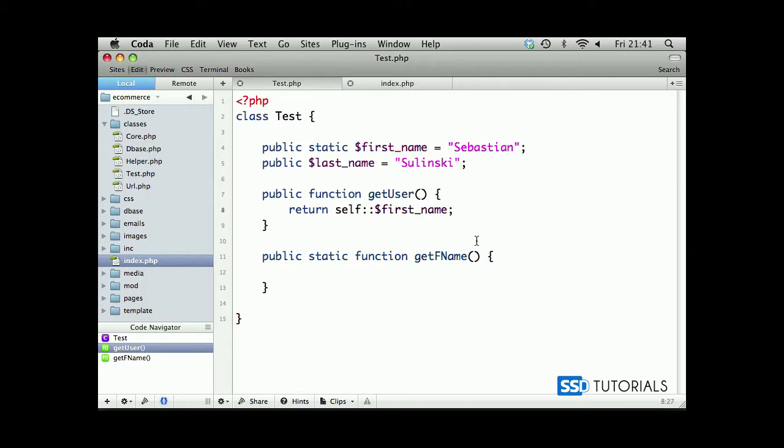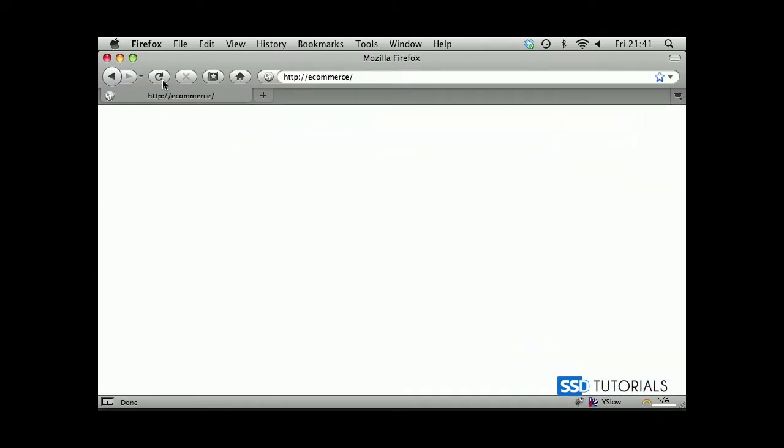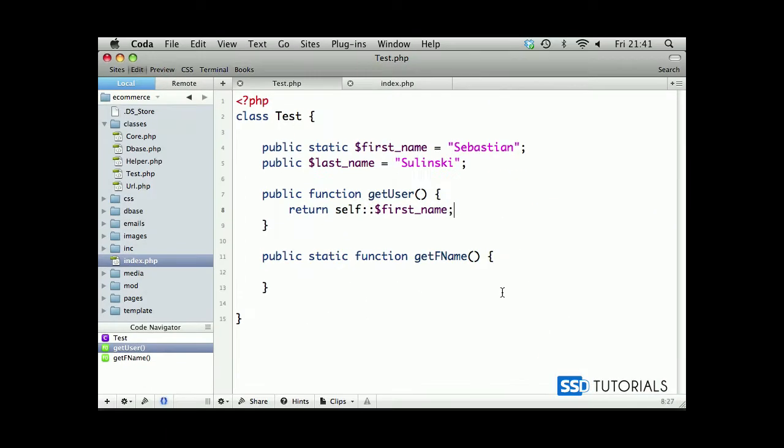Now, what do you think is going to happen? We're using a non-static method and we're using a static parameter inside of this method. Let's see what's going to happen. If we refresh, everything works absolutely fine. We have the first name displayed on the page. Now, if we comment this line,